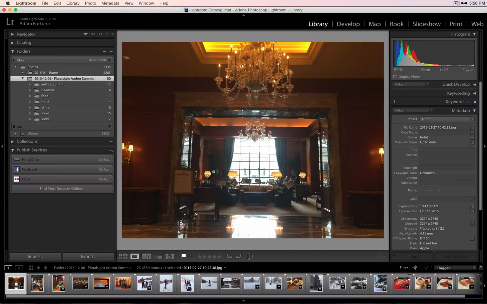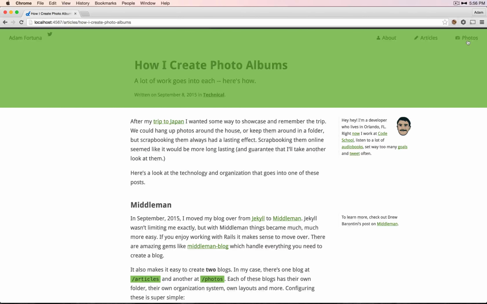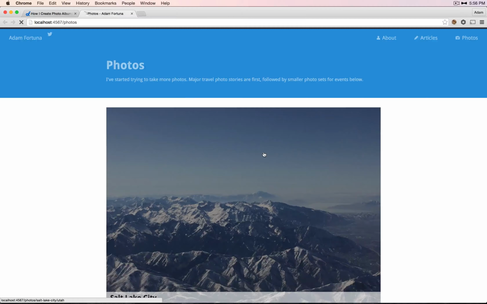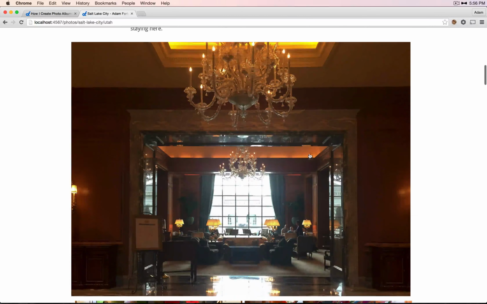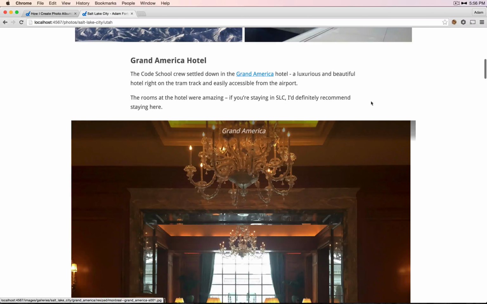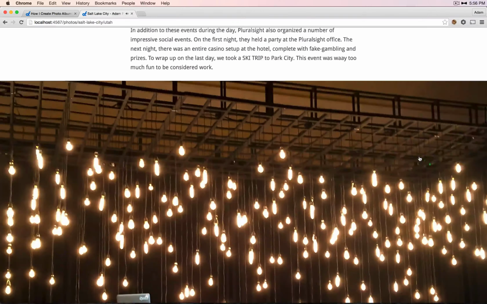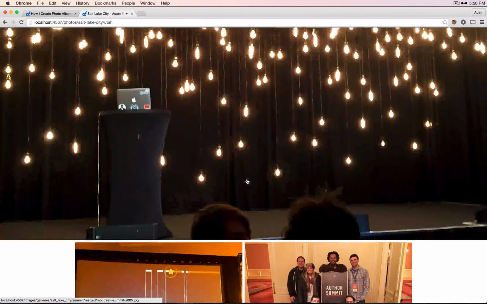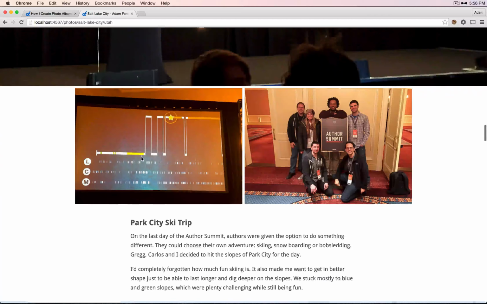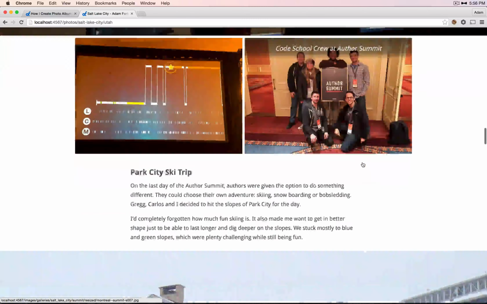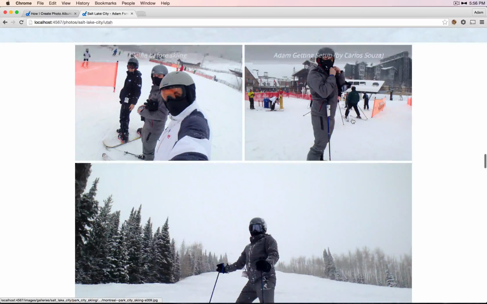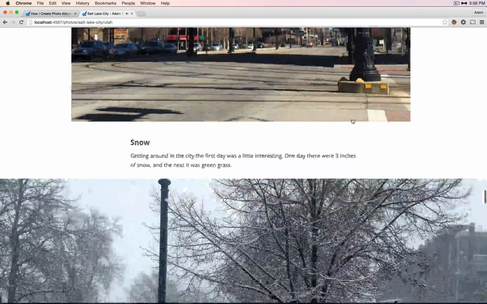Ratings determine, in the galleries that I've been doing, how many columns they should be. So right now, anything that has a rating of 4 will look like this. It'll take up 12 columns. Anything that has a rating of 5 will take up 100%. And then 1, 2, and 3 will be smaller than that, but will be based on the number of other